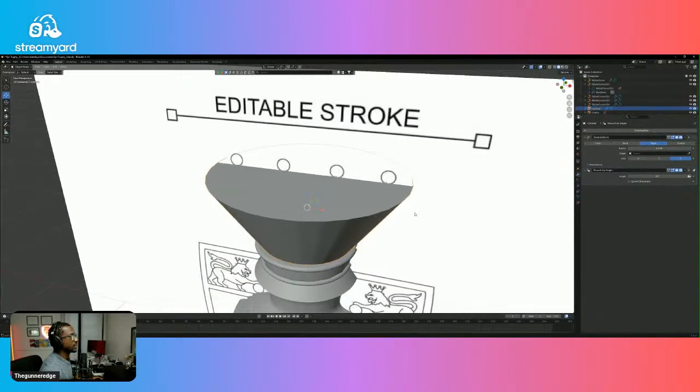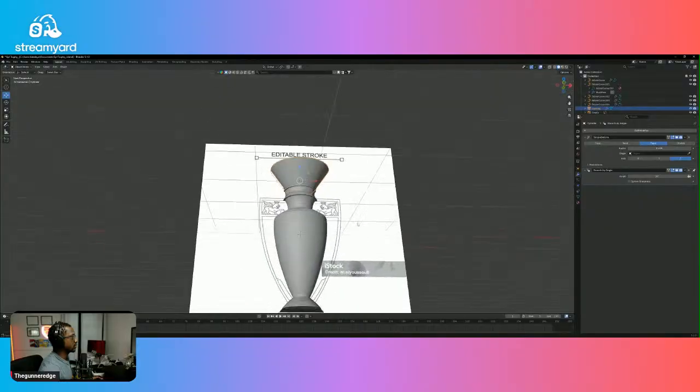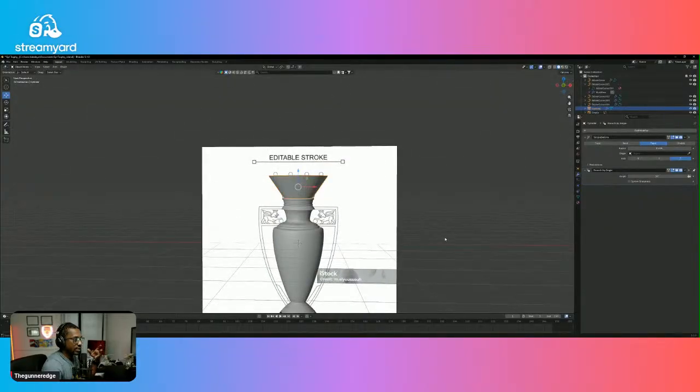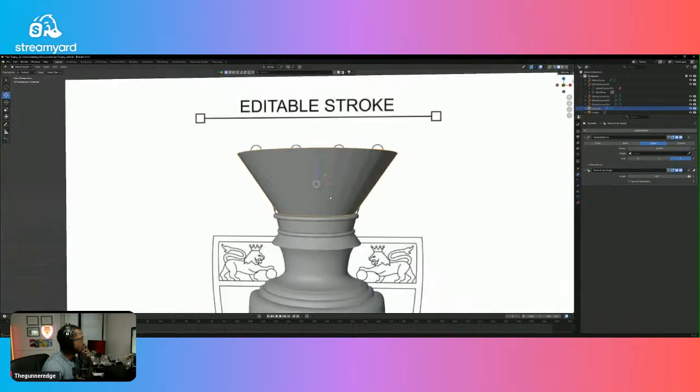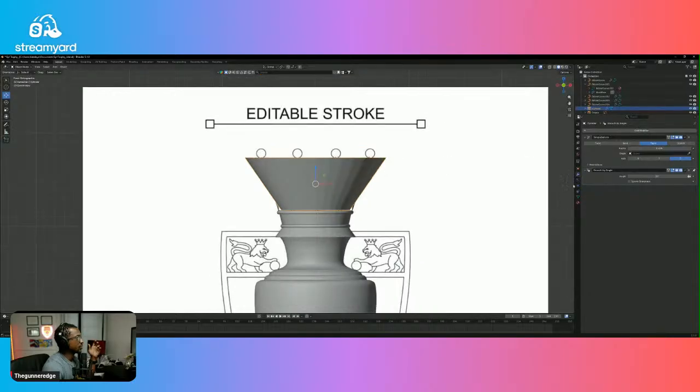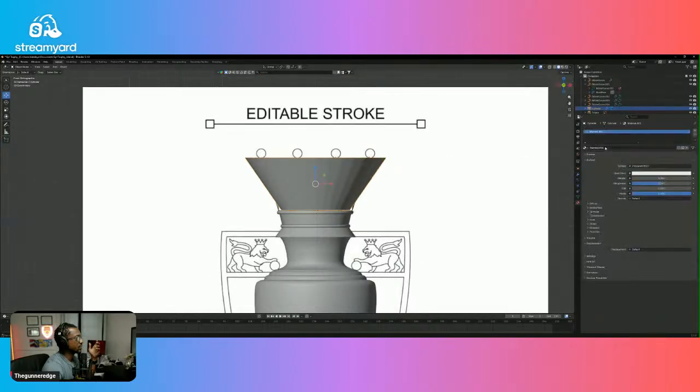So now I'm getting somewhere. I think the next time I do a live is when I'm going to actually do all the cutting through the crown. But we have the basic shape, and the crown itself is gold. So let's give it a gold material for now. I'm going to create a gold material by increasing my metallic,